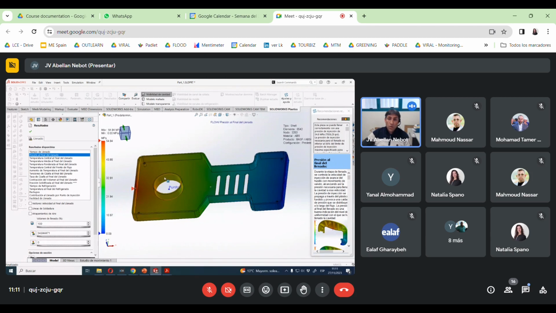Later, if you go to the right, the pressure is lower because it's at the end, totally at the end of the part. When the material reaches this value, it's finished the filling stage. That's why the pressure is almost zero. But at the beginning, the pressure is too high. So the pressure is